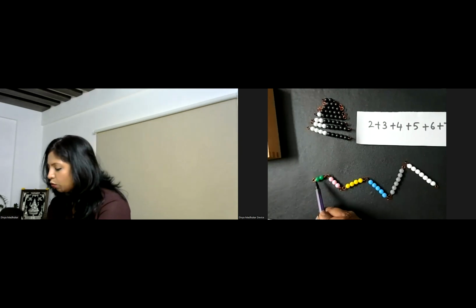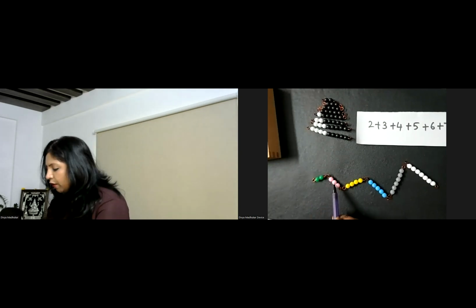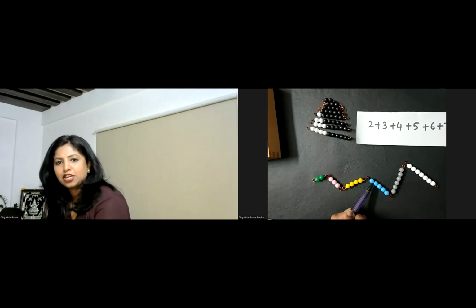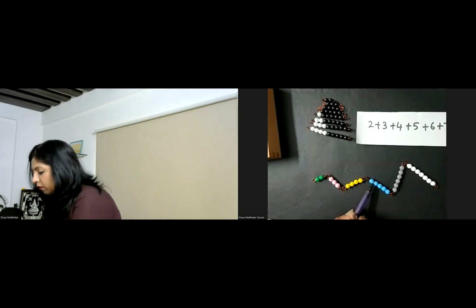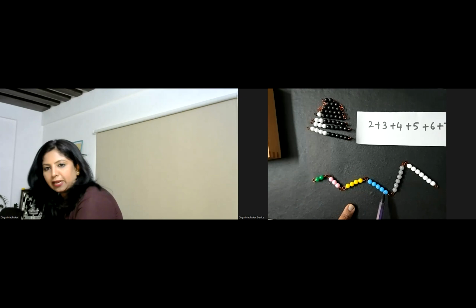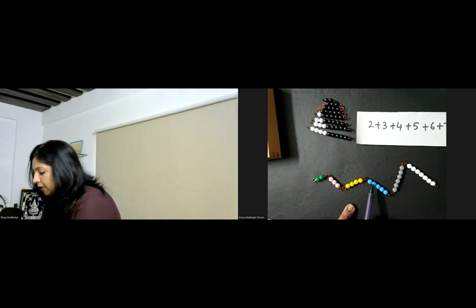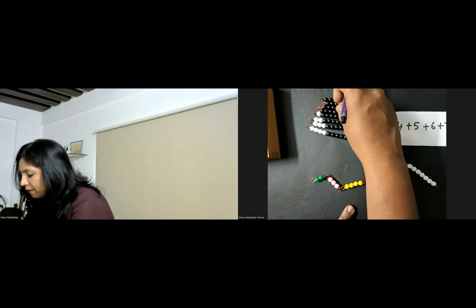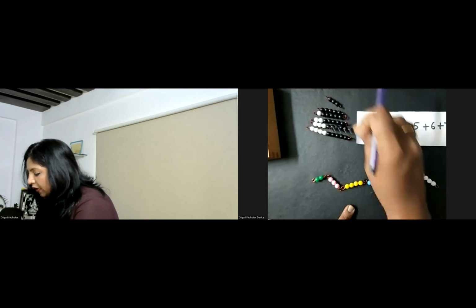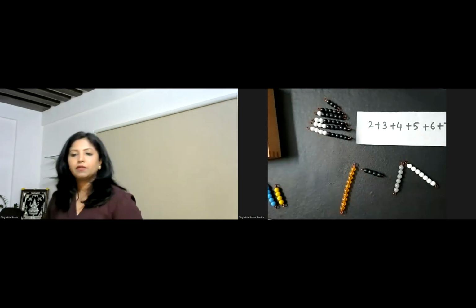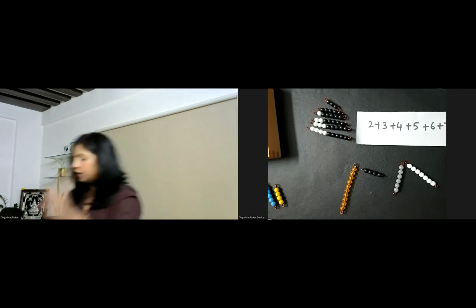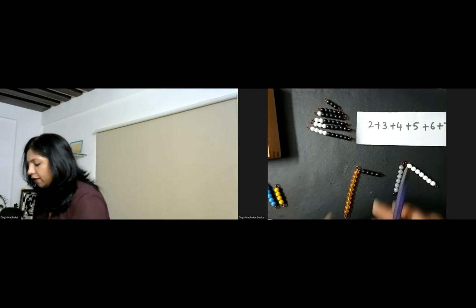How do we count? 1, 2, 3, 4, 5, 6, 7, 8, 9, 10. So that means I have to break this, correct? After 1, I have to break, but I cannot break it. So how many are remaining more? 1, 2, 3, 4 are remaining if I have to replace. So for the replacement of this, I will take it from my tens quantity. And this quantity was my 10 bar. Did you get it? Whatever the count, the remaining one I take from my tens.